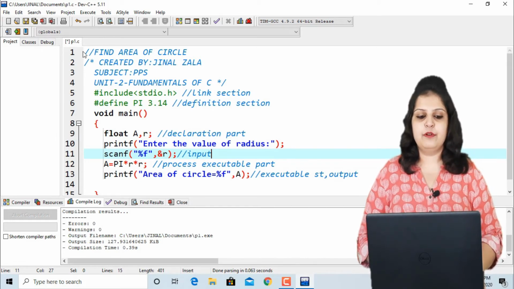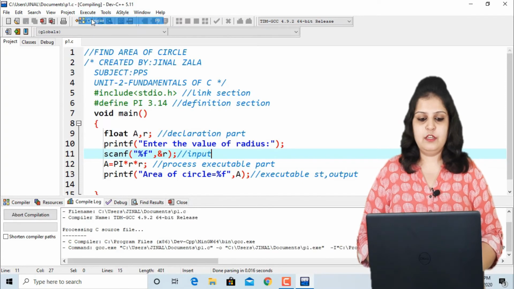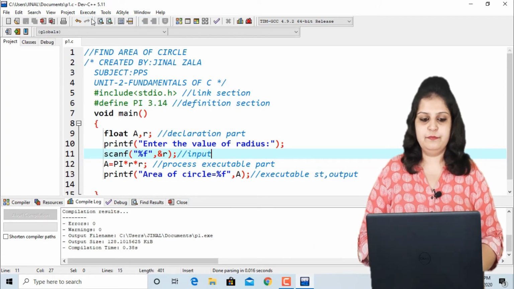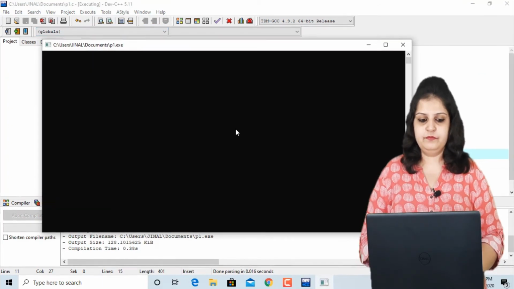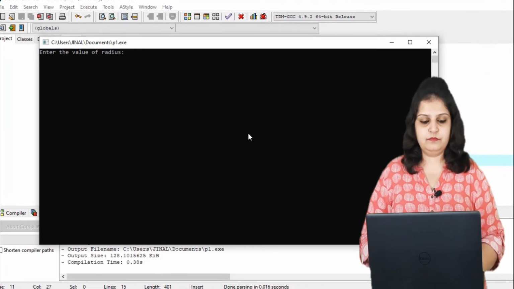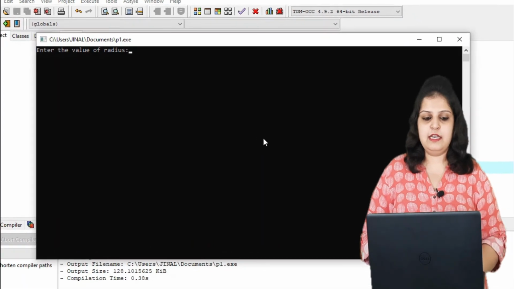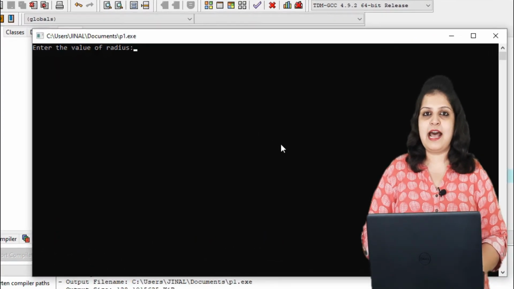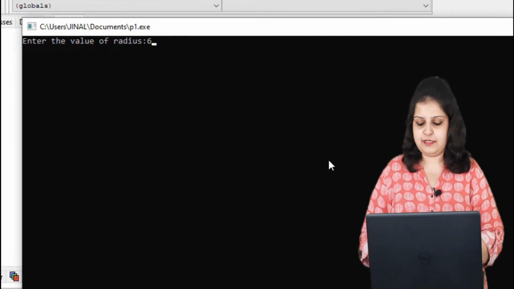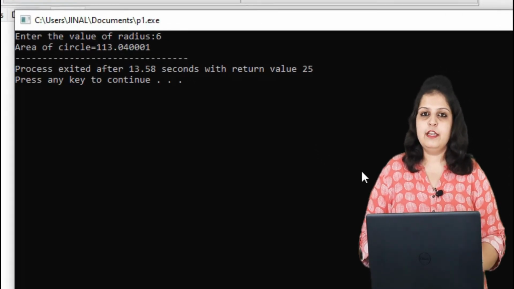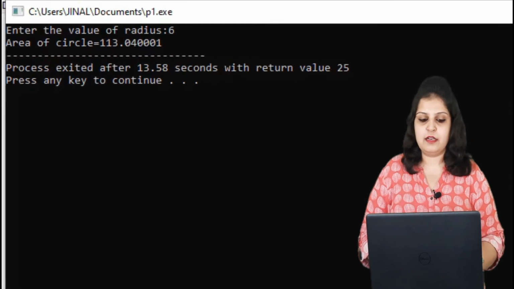Now compile the program. You can see the difference between both methods, and run the program. Here you can see in the output it will first ask you to enter the value of radius. So I am entering 6, and then it will show you the area of the circle.